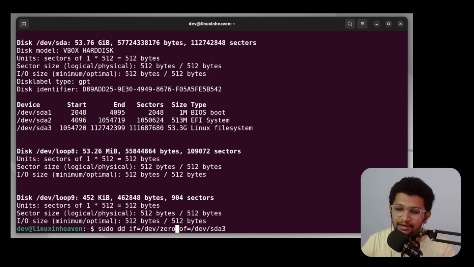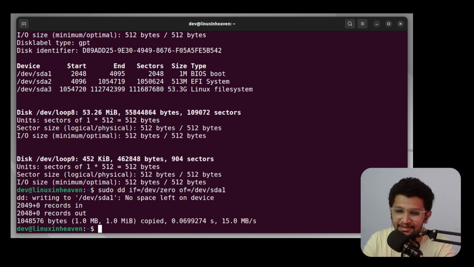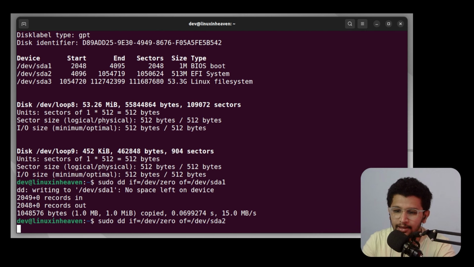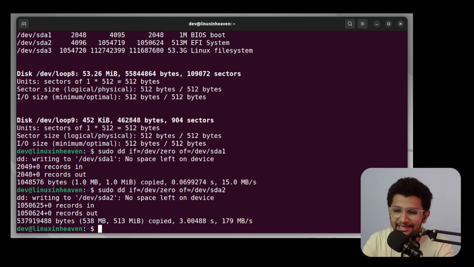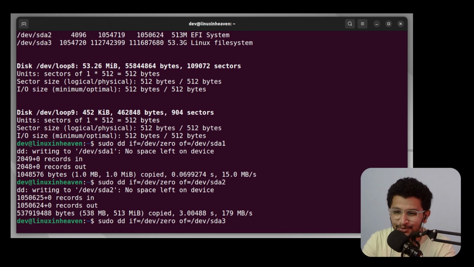Let me show you an example. Let me do that. If I press enter, okay, there is no space. If I do sda2, it is taking time. Let's see what will happen. No space left. Okay, if I do 3,